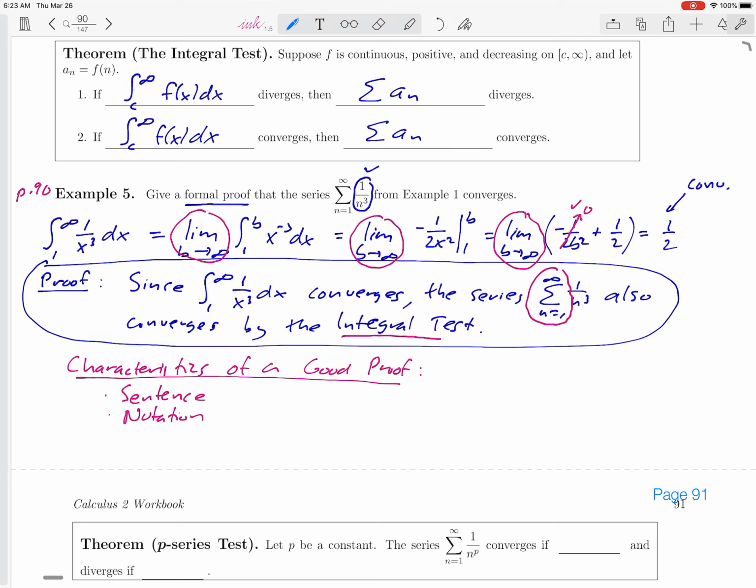And then finally, making it clear what convergence test we used. We stated explicitly that this proof is valid because of the integral test. And so as you write your own proofs,